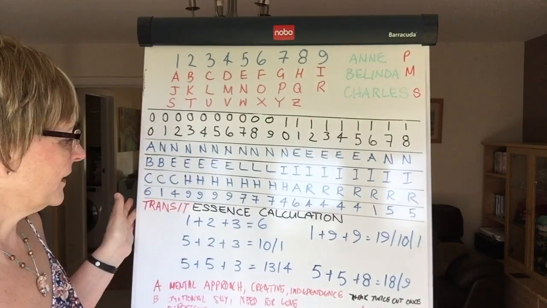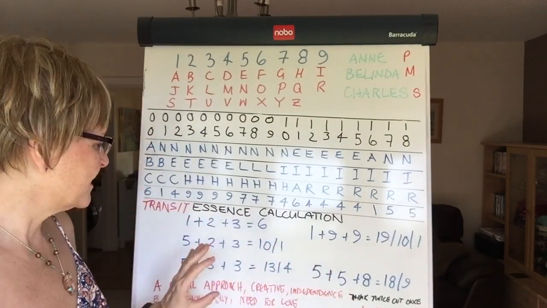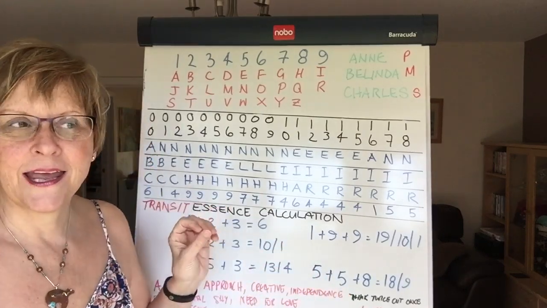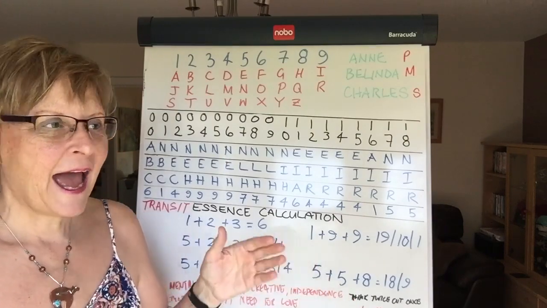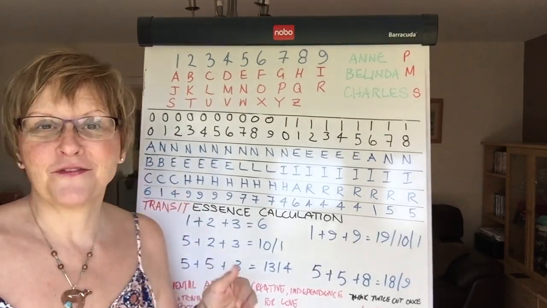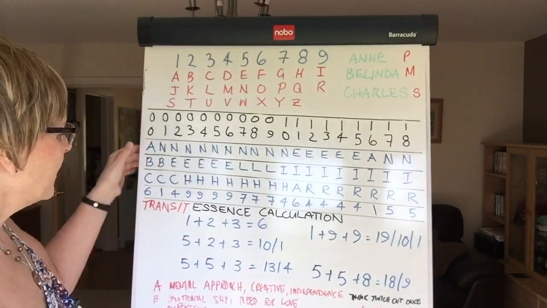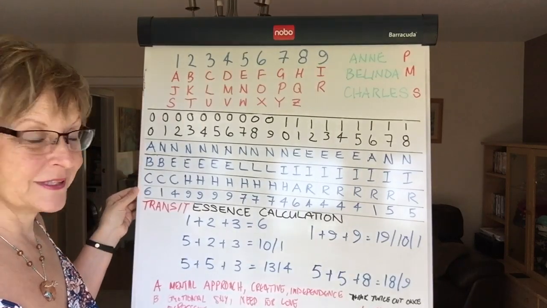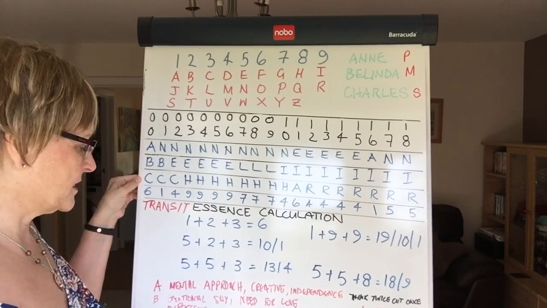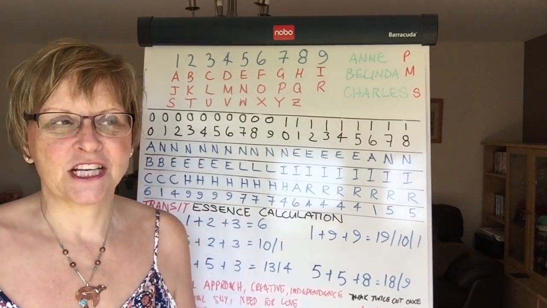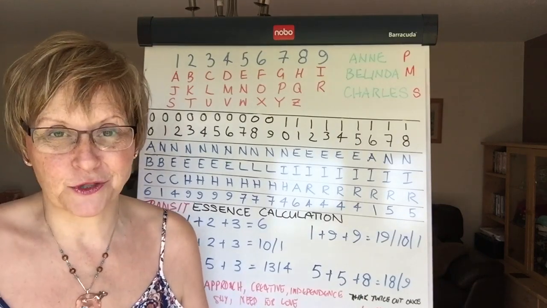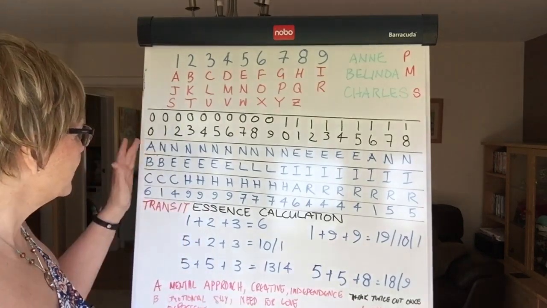Now let's take a further look at this. When I did the calculation, in Anne's case, she's born into a personal year 3, and her first essence number was a 6. Check out the video below to explain that further. But making up that 6 are the transit numbers. Here we have A, which is 1, B, which is 2, and C, which is 3. So if we wanted to understand deeper what's causing Anne to behave the way she is, bear in mind she's a 0 to 1 year old at this stage, we'd have to look at these numbers.